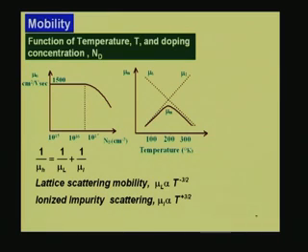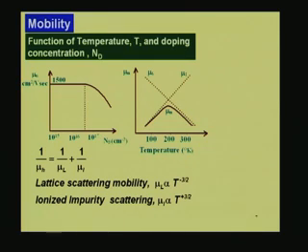What is this mobility? Mobility is actually a proportionality constant which decides what is the velocity for a given electric field. Now, this mobility depends upon doping and also temperature. So, please remember these two graphs. Later on we may have occasion to recall this. Okay. So, the doping